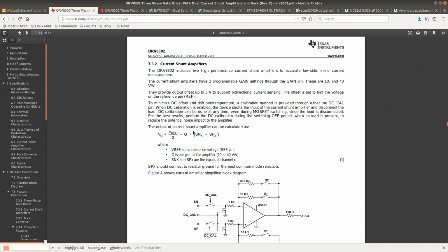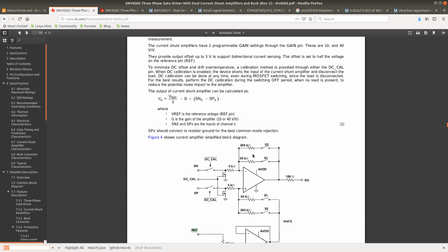So the negative input would be around 165 millivolts when the current is high enough, and then the positive will be just connected to ground. So we're going to be amplifying the difference between the positive and the negative here. And so the output will be, when the current is 0...